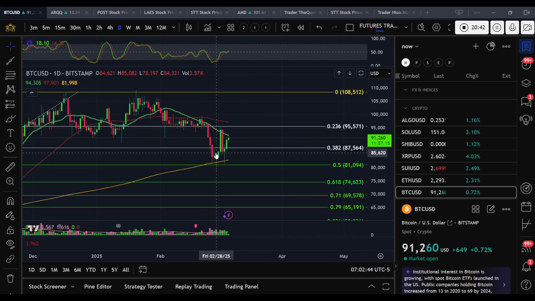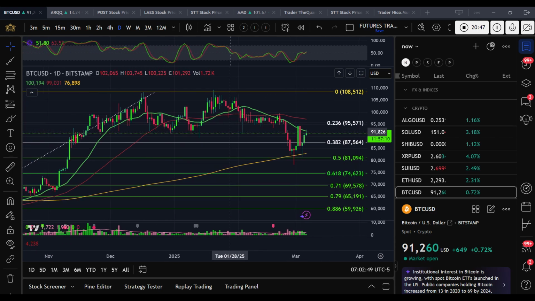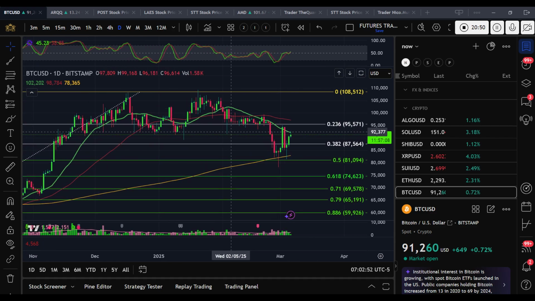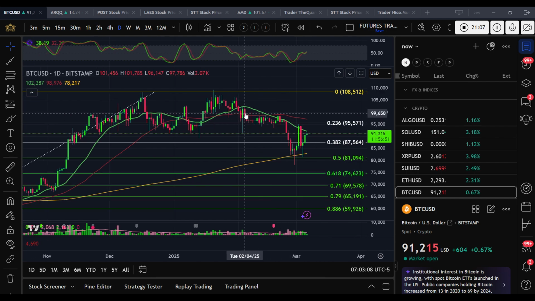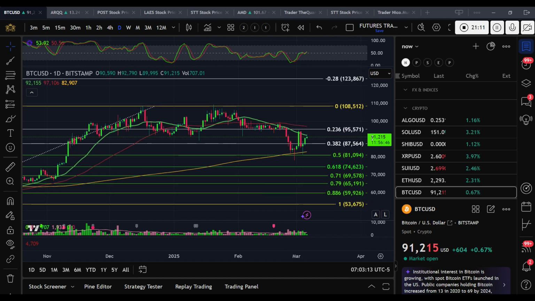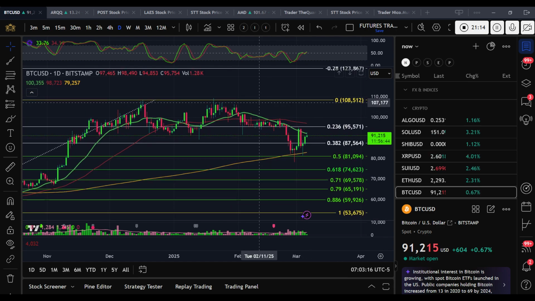As you can see on our daily, we double bottomed off of our 200 moving average, which is typical, something that I've been maybe not directly, but definitely pointing out to you guys to look at as a trading signal, a solid and consistent trading signal. And so there is the potential that we may make it back into this higher fib level. But as you can see, we struggle to take out that 108 level. Next level is 125. Okay, 123. Struggle to take out that level